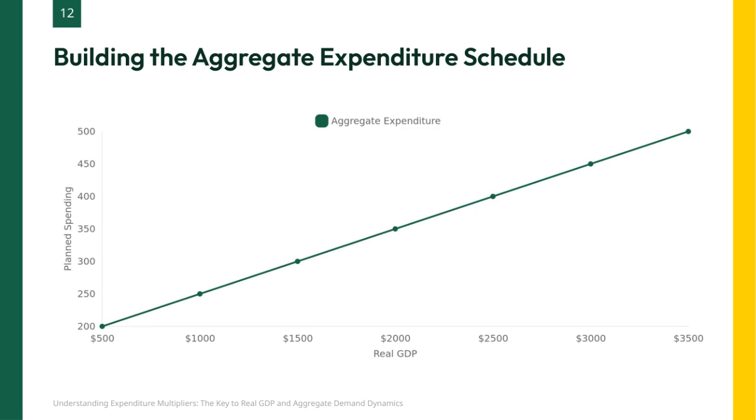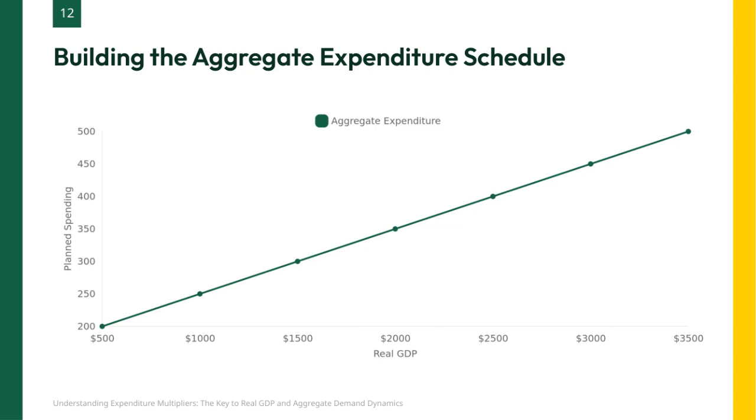This upward slope illustrates the positive relationship between income and expenditure. People generally spend more as their income or output grows. This schedule is crucial because it helps us understand how changes in GDP influence overall spending, which in turn affects economic equilibrium and growth. Recognizing this link allows policymakers and economists to predict how shifts in production levels can impact